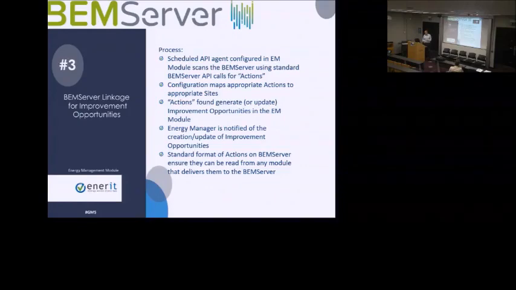The actions found then generate an improvement opportunity automatically in our system, against energy uses. The energy manager is then notified of the creation of, or an update to, those improvement opportunities. So if it's an existing one, they're given a reminder: here was another occurrence, or another instance,